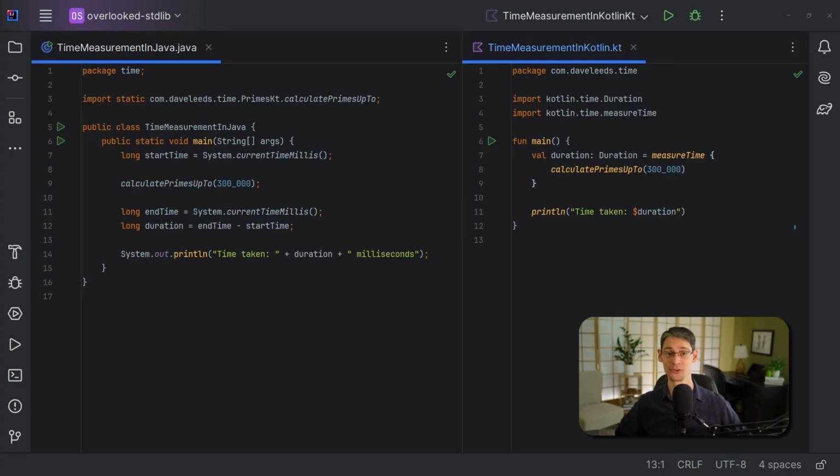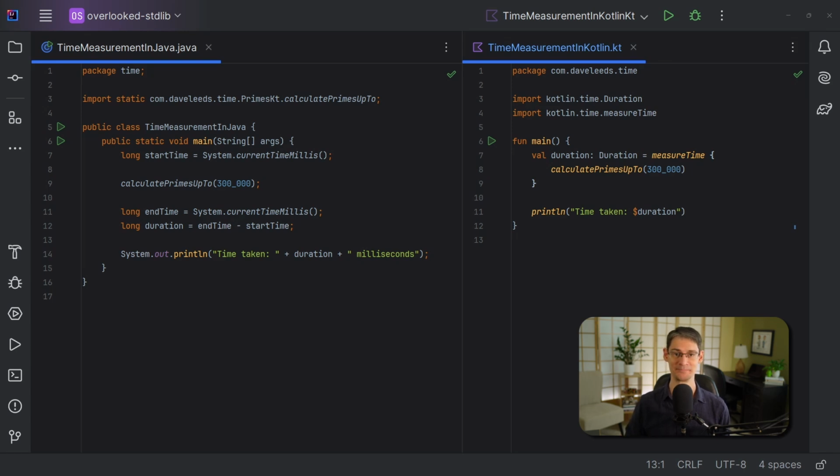Now, each of these features is part of the common code, so they're available on all target platforms. So let's get started. First of all, if you're still using Java's current time millis or nanotime functions to measure your code's execution time, consider switching to Kotlin's time measurement features. Besides being available on all platforms, Kotlin's timing API uses strong types. So instead of trying to figure out the math to convert between days and milliseconds, let Kotlin do the math